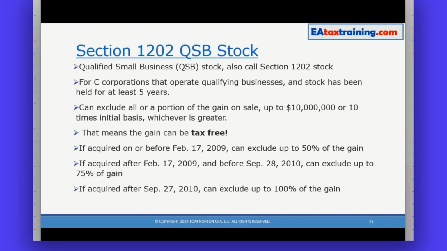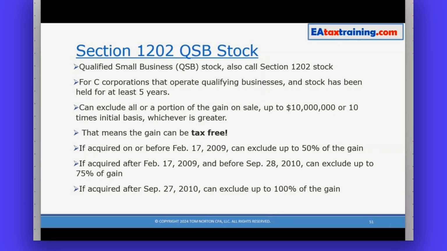It is tax-free. So if you qualify, it's not easy to qualify for this, but it has to be a C corporation. It's got to be a qualifying business. You have to have held it for at least 5 years. But if you meet all of the criteria, you can exclude up to $10 million of the gain on the sale of that stock. If it was acquired before February 17th of 2009, you can only exclude 50% of the gain. And then you can see there was a short period of time in there where you could exclude 75% of the gain. And if it was acquired after September 7th of 2010, you can exclude 100% of the gain